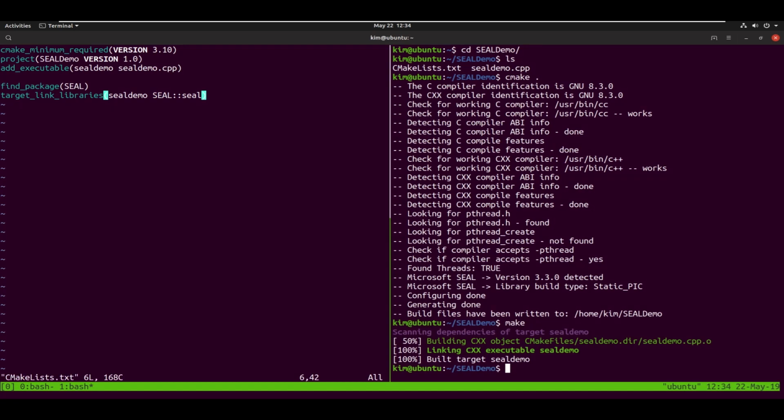We can run our program, but of course it gives no output. However, linking with SEAL worked as expected. In this video, we've seen how to start using Microsoft SEAL on Linux and macOS. We built SEAL and created a minimal application that links with it. In other videos, we'll explain the different encryption schemes, how to set them up, and how to use SEAL for real computations.